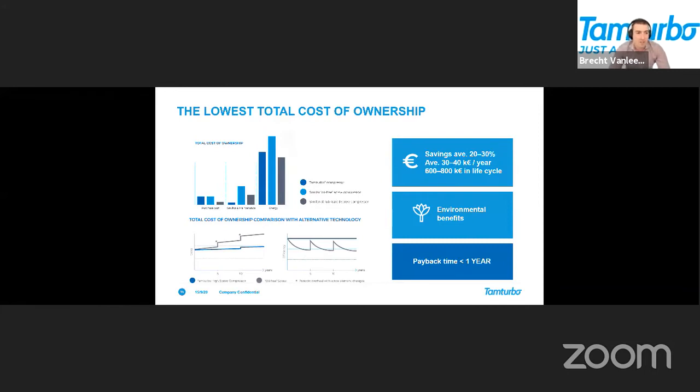Of course, because of this, we can claim that we have the lowest total cost of ownership in the industry. If we compare it to other technologies like, for example, oil-free screw technology or oil lubricated screw technology, our investment cost is actually equal to traditional oil-free technology. It's of course higher than oil-injected machine. Also, the air quality coming out of the machine is not the same. But as you see here, the maintenance is a lot lower because of the magnetic bearings, and also the electricity consumption is lower. Extra advantages that the efficiency of our machine is not deteriorating. Our efficiency is continuous,